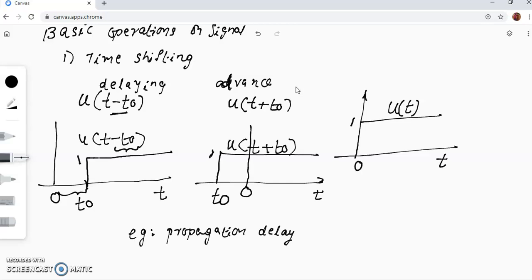For example, the signal may be transmitted through air, and if it is a fiber optic cable, it will be transmitted through water also. The fiber optic cables are laid down in water also, or it may be transmitting through rock, mountains, etc. So when the signal is transmitted through all these media, there will be a propagation delay, and we can correlate this with the time shifting. So let us now move on to